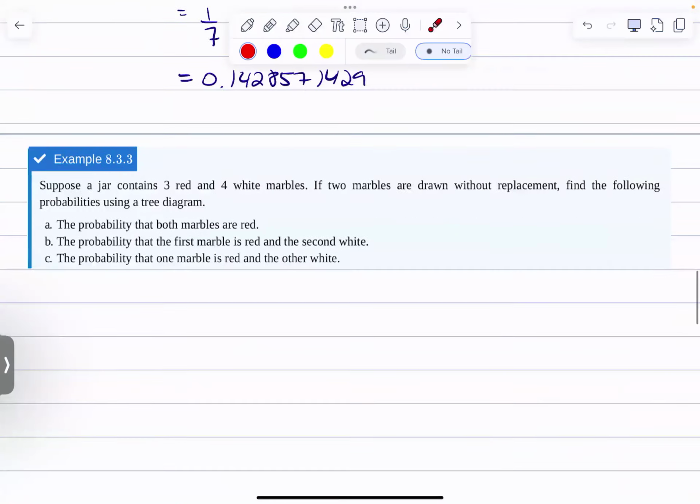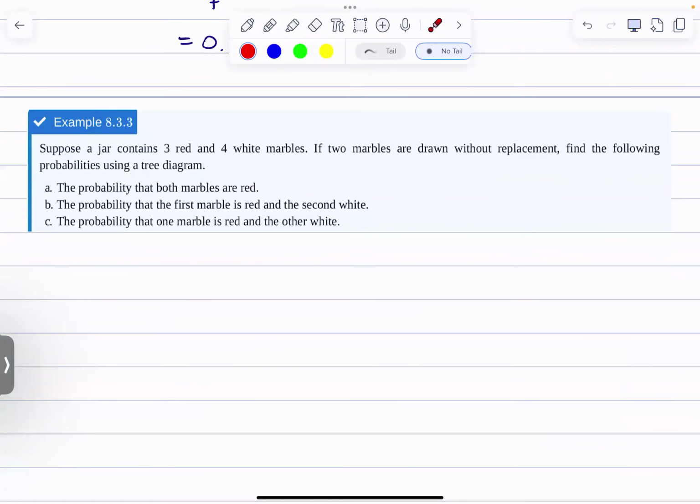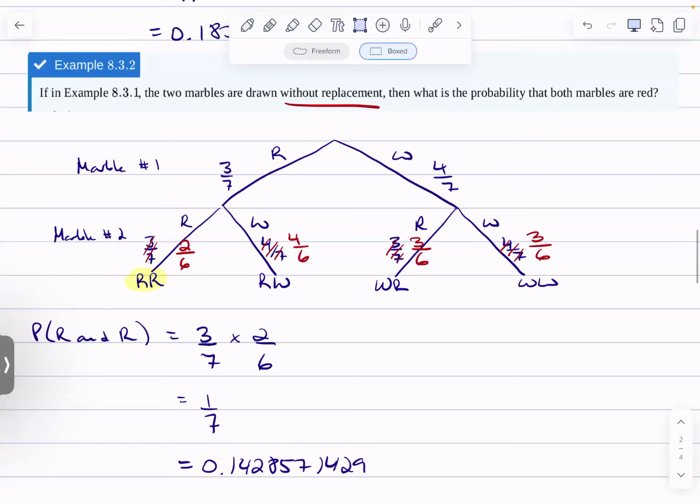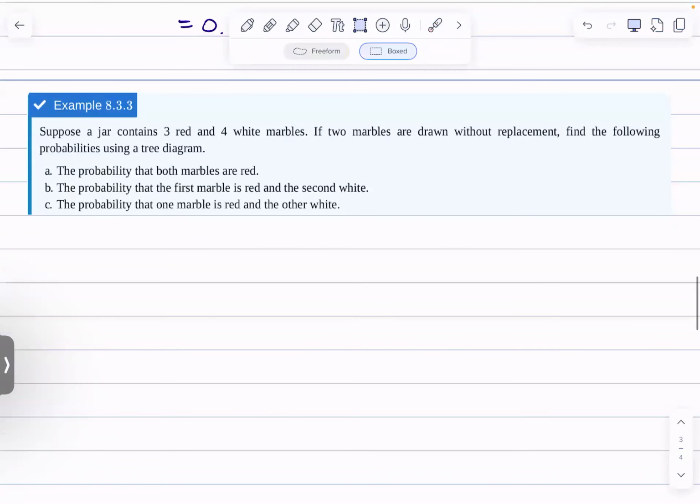More marbles. It's because they're the easiest to kind of imagine, I think. Suppose a jar contains 3 red and 4 white marbles. It's the same jar. If 2 marbles are drawn without replacement, find the following probabilities using a tree diagram. So we already have this tree, so I'm going to snag it, because actually, no, let's start fresh. Without replacement,